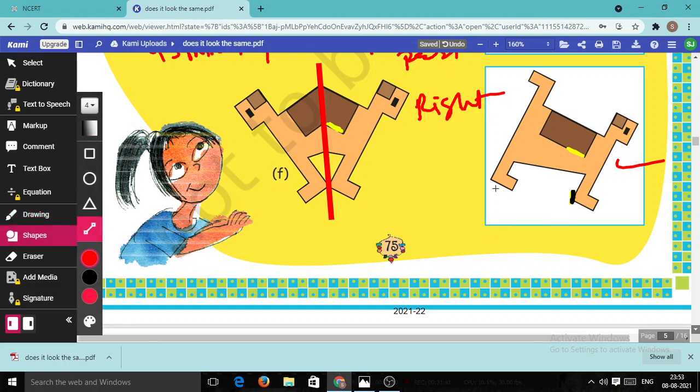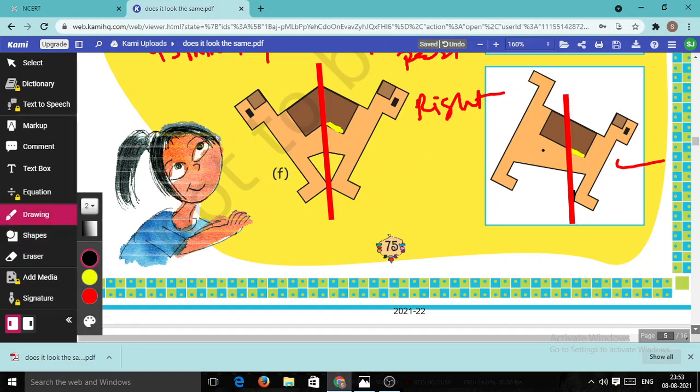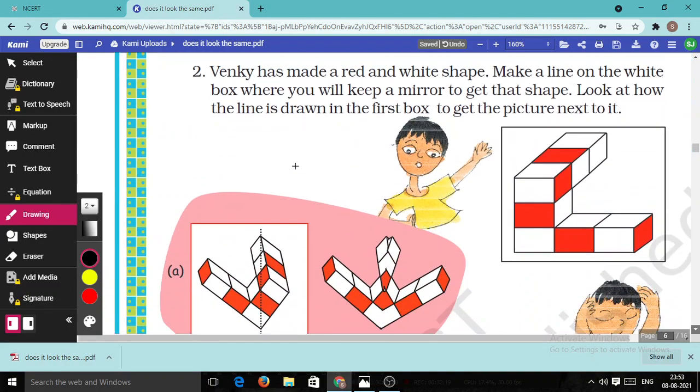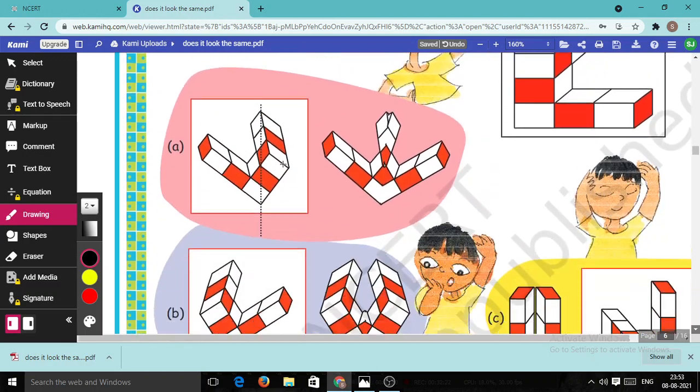So we draw a line from somewhere in such a way that this corner we take here, and you will get a shape like this. Look here, you will get a shape like this. Try to draw and learn how we draw the figure. I hope all of you understand how we draw it. Now look here, now we turn toward the next topic.